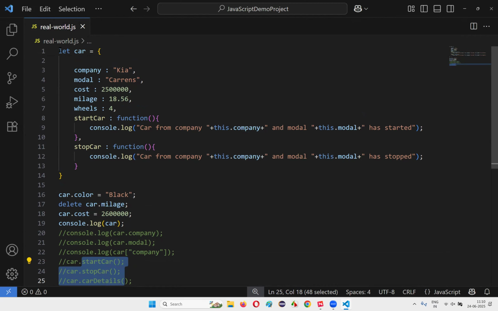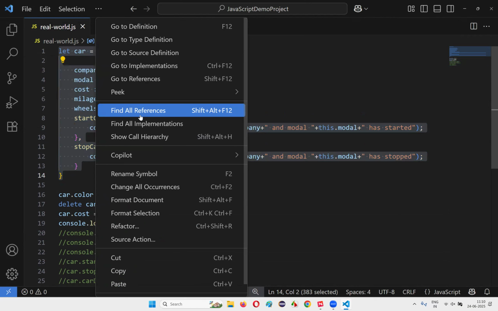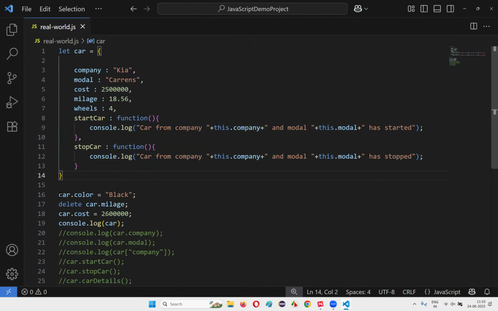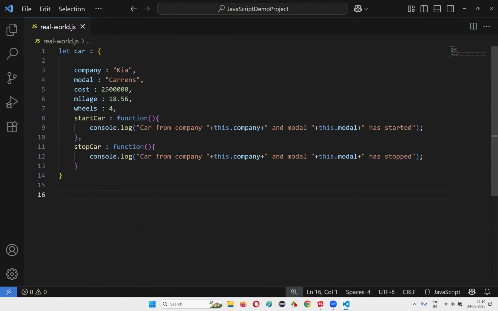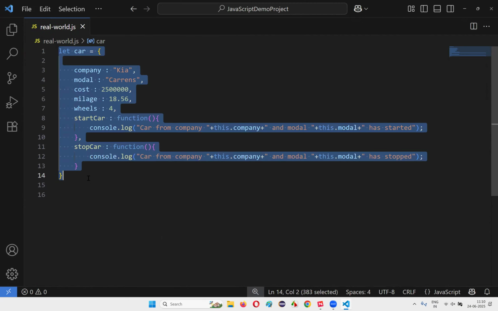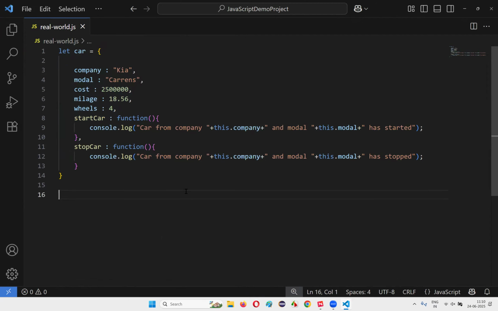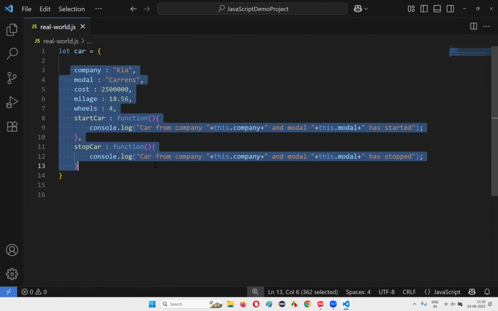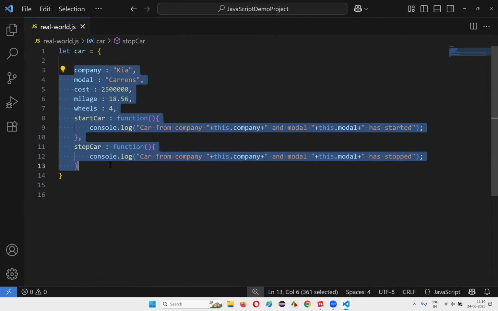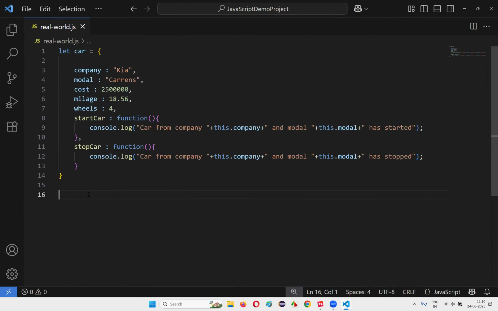Now, what I will do here is I'll remove all this stuff. Anyhow, I'm not saving anything in this project. This is the object, and here I want to access all the properties of the object. So traditionally, what do I need to do in order to access each and every property of this object? For that, I have to write something like this,